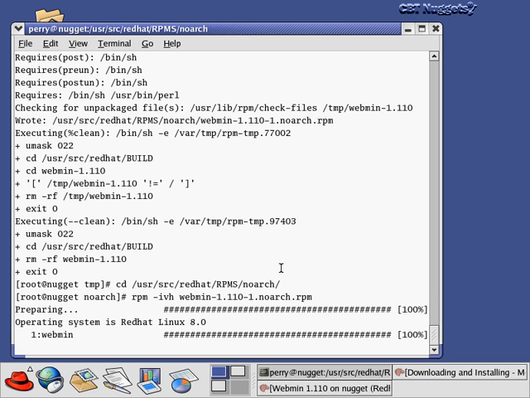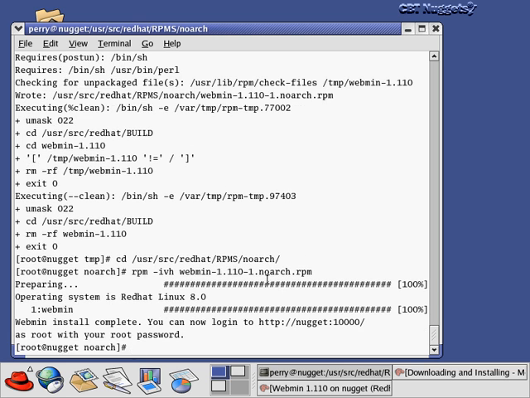But probably the more common reason for people is that their architecture is not listed here, and so they would just grab the source code so that they could actually get this running on their computer, because there wasn't a binary out there for it. So you can see here now we've done the same command that we did last time, and now we can log into this using